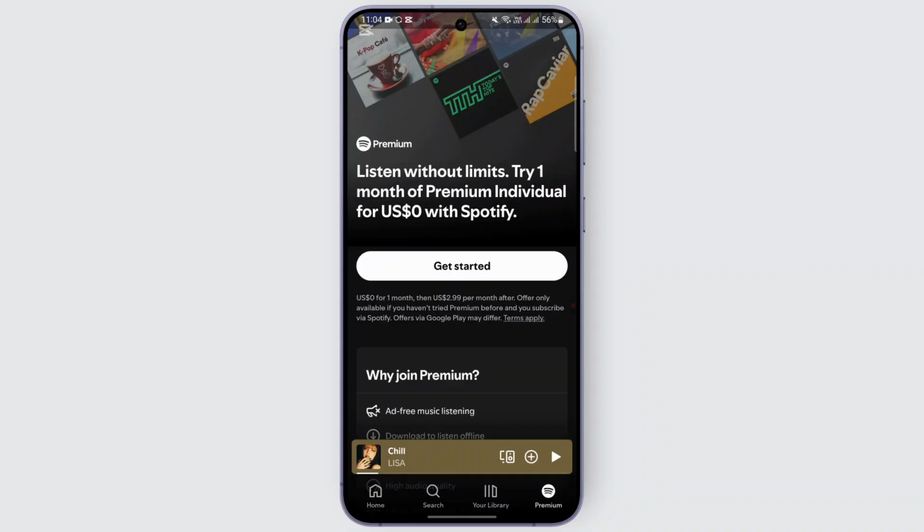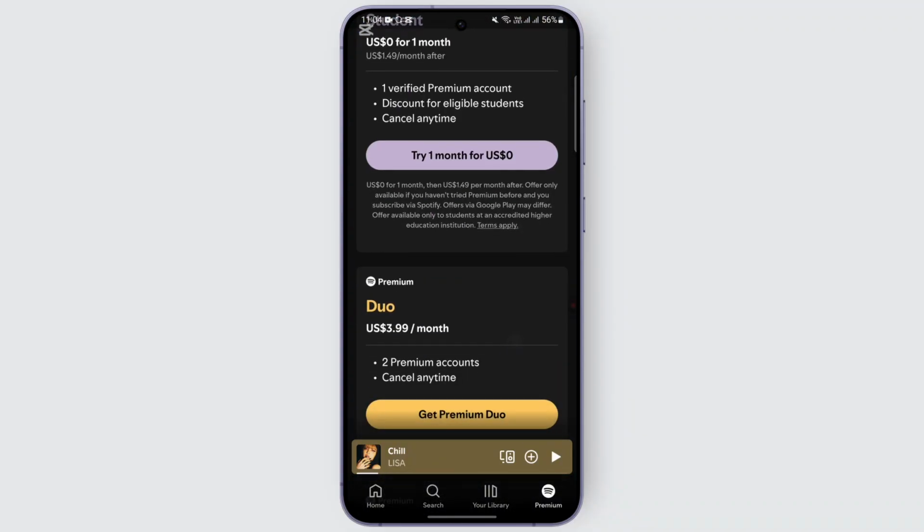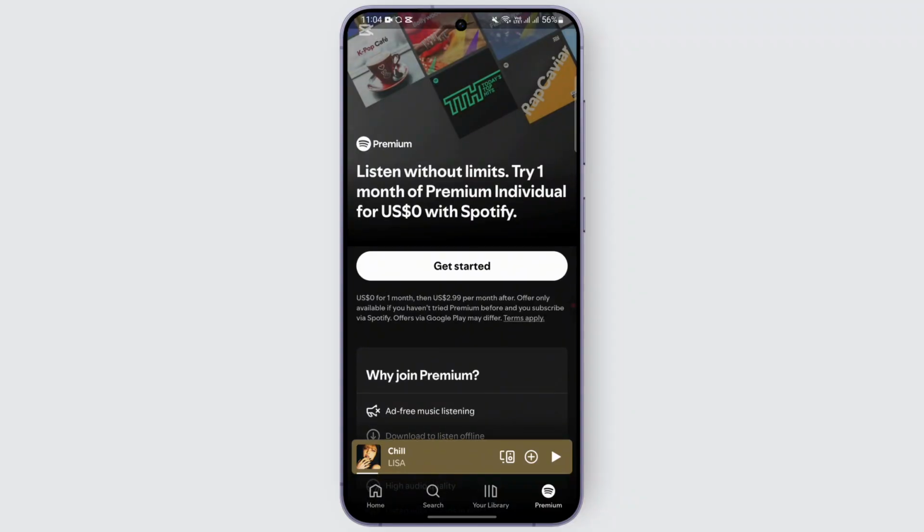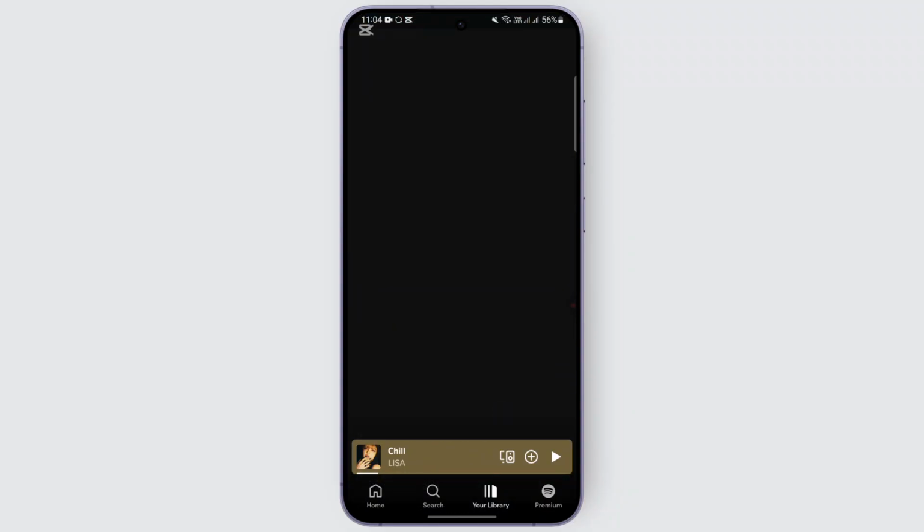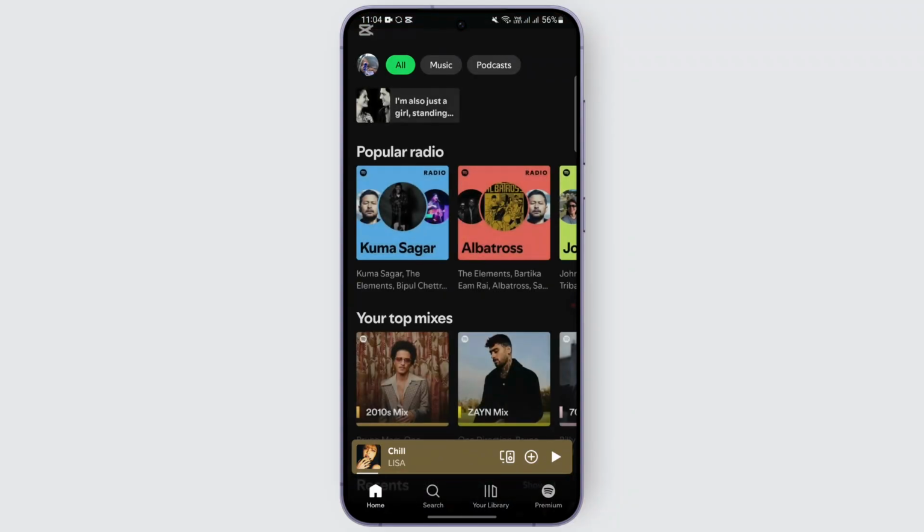And then there are different plans provided by Spotify. You may go and purchase which you think is suitable for you, and then you will be getting the download option on Spotify, which will let you download songs. So that's it for now. You can follow this method in order to download songs on